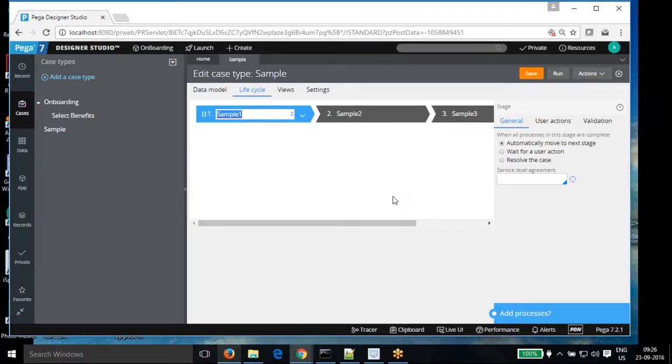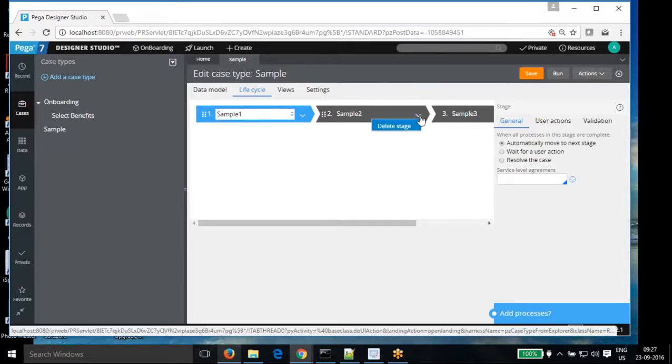The best practice says you should go for plus or minus two around five, so a maximum of seven and a minimum of three. You can also delete stages: you can see the delete option there, and you can delete the stages from there.